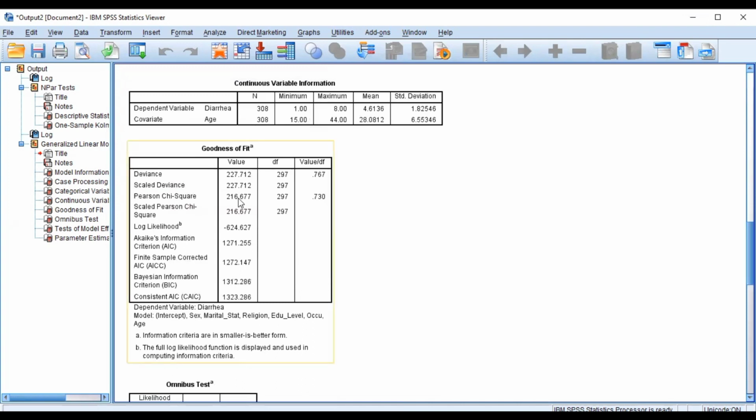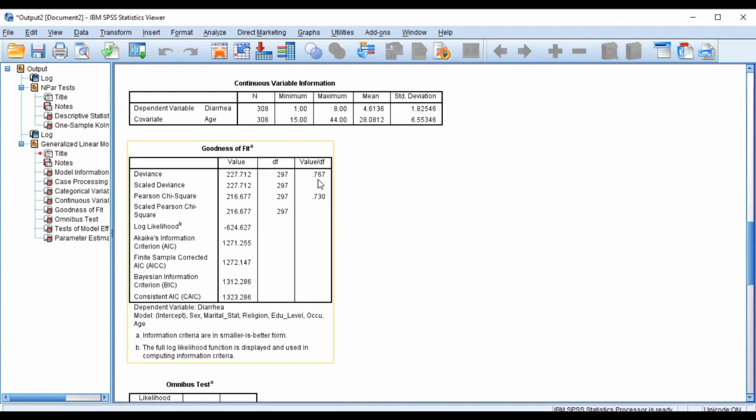Now, this goodness of fit presents us with information which will help us to decipher or make a conclusion as to whether we'll go ahead with a Poisson regression or fall for the negative binomial regression model. Now, when you look at this value of interest, the value divided by the degree of freedom, when it is close to 1, then there is equi-dispersion. But when it is less than 1, then we know we have under-dispersion. And obviously, when it is greater than 1, then we have over-dispersion. This will guide our choice as to whether we'll settle for this Poisson regression model or we'll settle for the